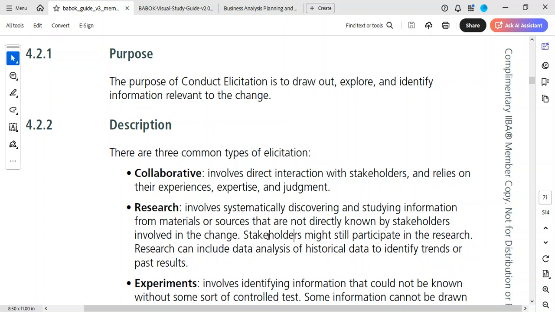So it tells you that this is whereby you have to interact with your stakeholders. And remember I said that your elicitation activity plan is not a one-man show. Even if you're not drawing it out from your stakeholders, you are getting it from research and stuff like that. It's not something you just sit down and decide on your own. Okay, so it involves direct interaction with your stakeholders